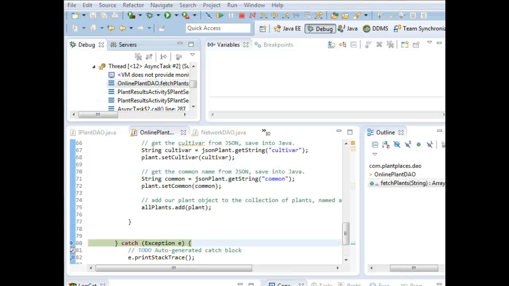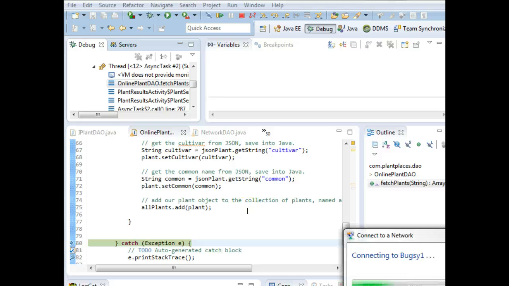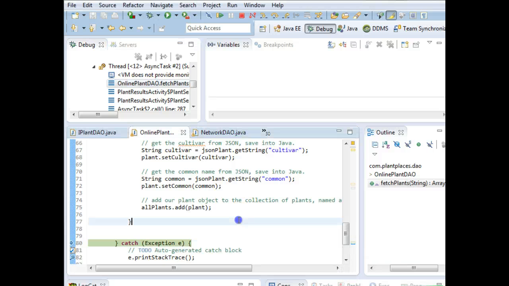Now, it did take a few moments. I'm going to go ahead and reconnect to my network now. It did take a few moments, but look at the breakpoint that caught. And again, trust me on this, the last line to execute was the line where it was doing the network connection. If you don't believe me, which I'm sure you do, because I'm a trustworthy guy,